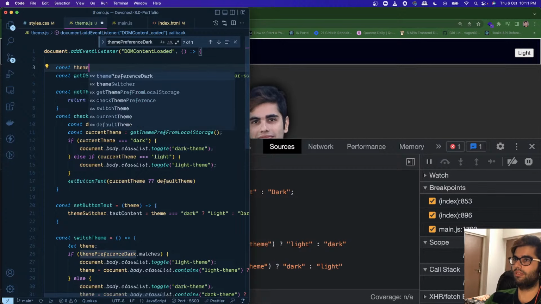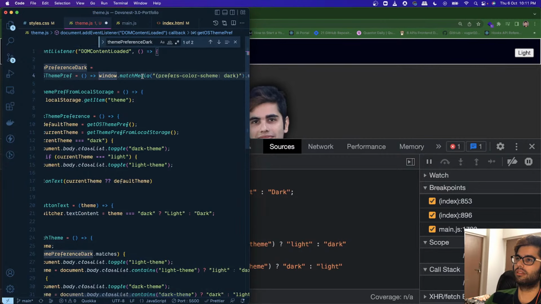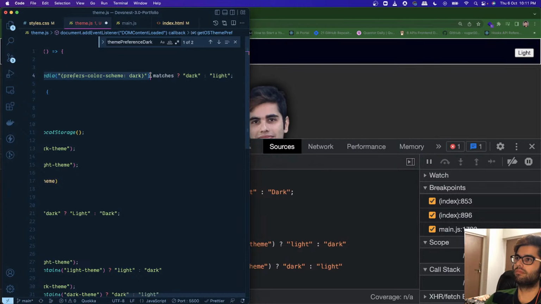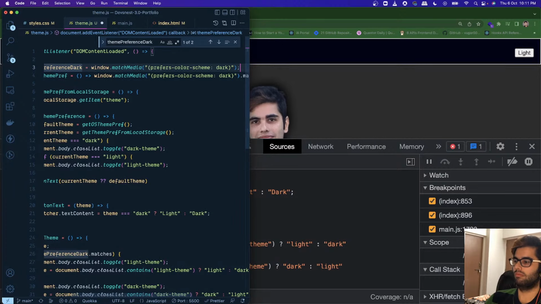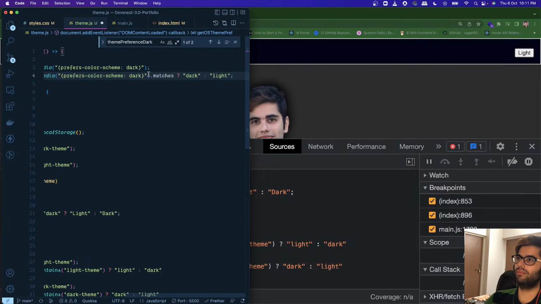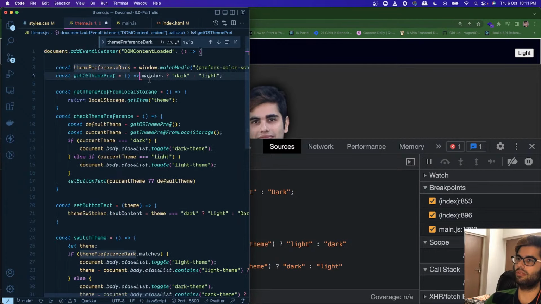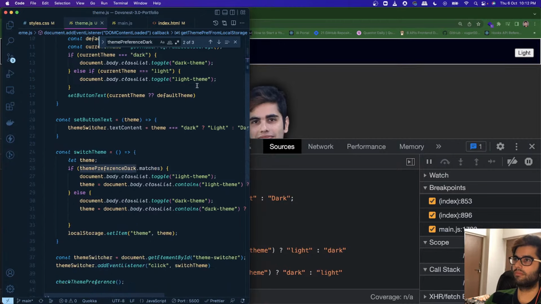So const themePreferenceDark equals this thing. Okay, and instead of this, we can replace this with this variable themePreferenceDark. Okay, all right,